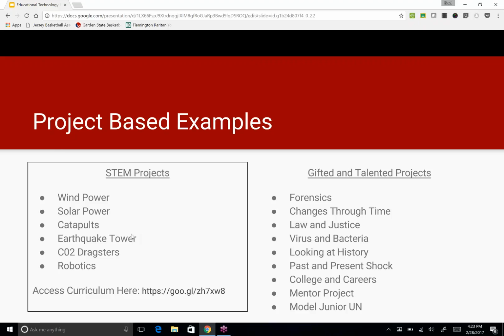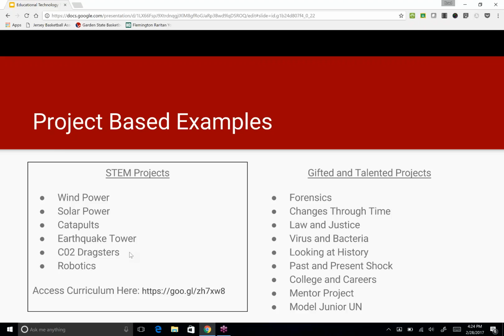They actually program their own robots to go across a map that they also build that kind of ties into the expansion of the United States over time, and the robots will move the materials from one side of the map to the other, and to kind of show different things over the history of the United States. I've provided a Google short link here to the actual curriculum, but what happens here within these